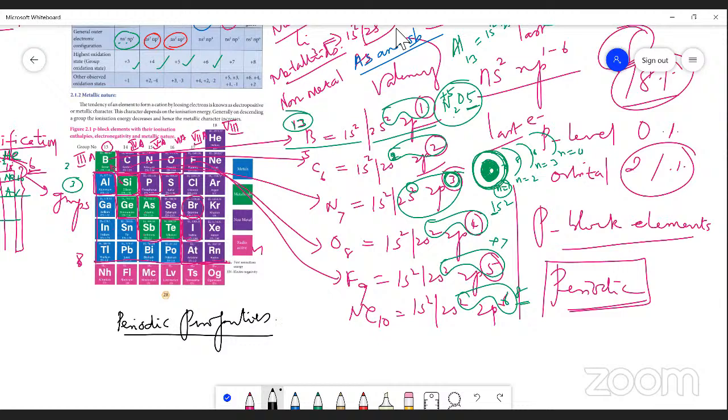The periodic properties are nothing but atomic size,